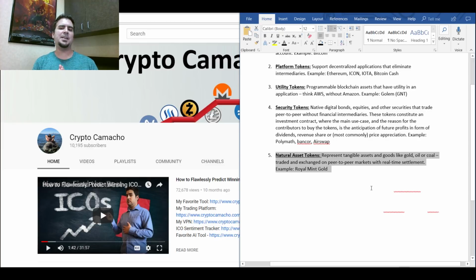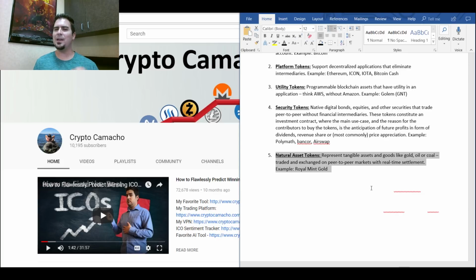So natural asset tokens represent tangible assets and goods like gold, oil, coal traded and exchanged on peer-to-peer markets with real-time settlement, okay? And an example of this would be Royal Mint Gold. So these are any type of tokens that are backed with a natural asset or a hard asset, more of a commodity, if you will, like oil, gold, silver, wheat. Any crypto asset that's backed by some sort of commodity or hard asset would fall into the natural asset token